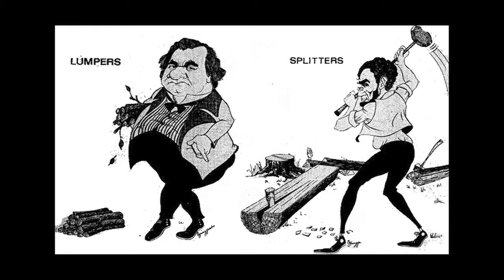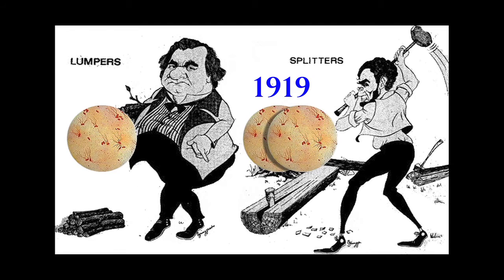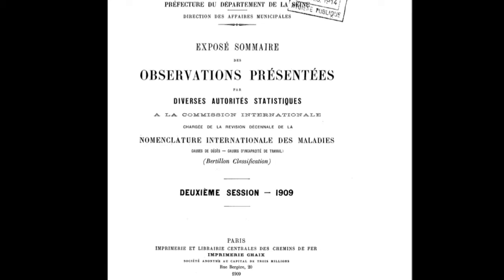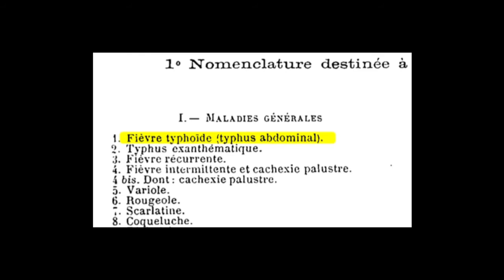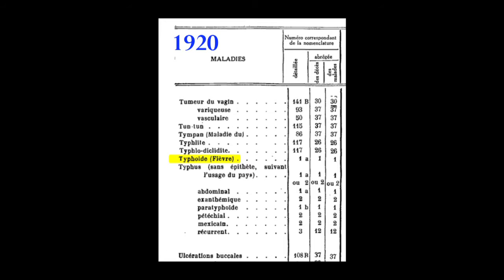The arguments between the two groups can be seen in the discussion in 1919 between two opposing factions. The lumpers wanted to create a single code for typhoid, whereas the splitters wanted to differentiate typhoid from paratyphoid with a different classification. In the 1900 and 1909 versions of the causes of death, the first disease was fièvre typhoïde, or typhoid fever. During the 1920 discussions, Professor Roget of France indicated that during the war, when we gave vaccinations for typhoid, that disease disappeared, but paratyphoid fever did not. This argument, among others, must have been persuasive enough because the subclassification of typhoid fever appears in the 1920 and